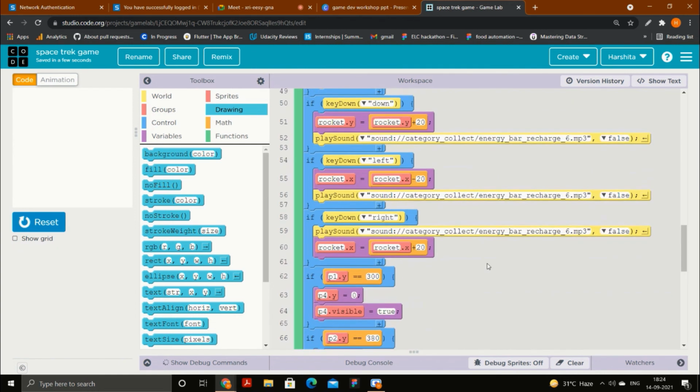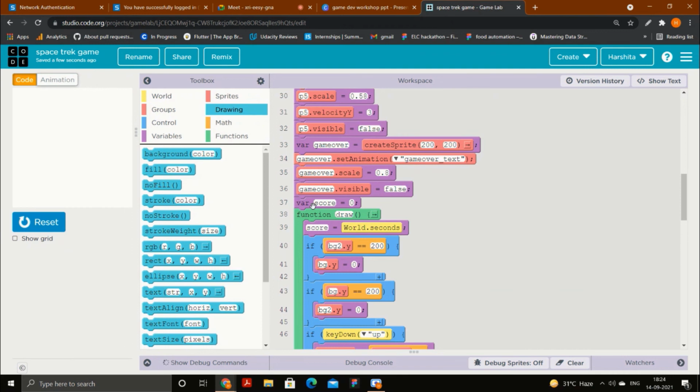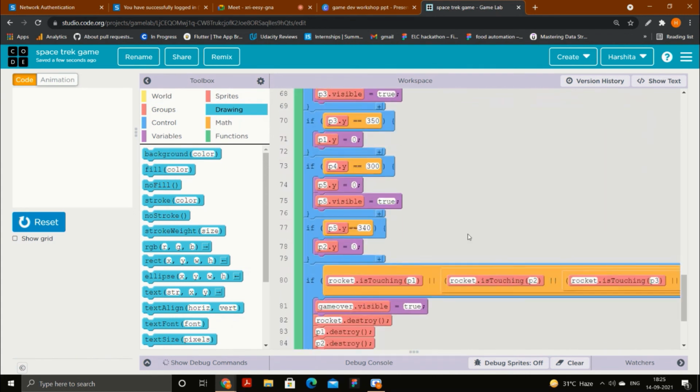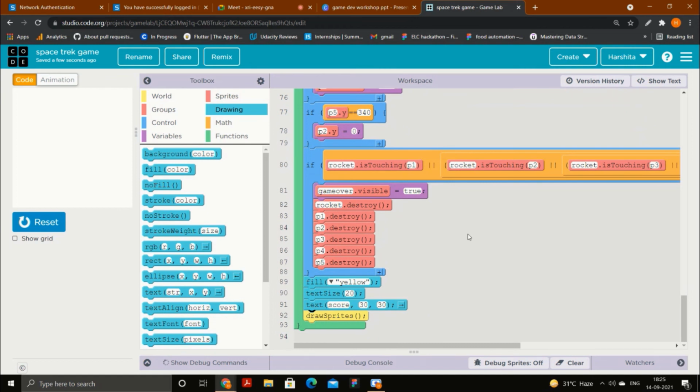We created that. See, I put that as well. Can you see it on the screen? Score equals to world dot seconds. If you like, you can see I have added it. So you also need to add it here. But now I will put this draw sprite above it. I will see if it's working now. Okay, it's not working now. Just a second, I guess there is some other issue.